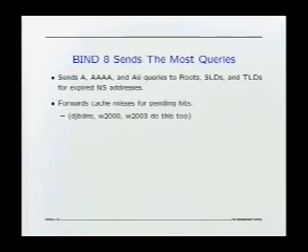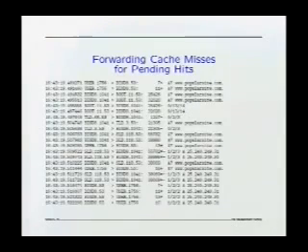And BIND 8 and actually all of the other software except for BIND 9 do what I call they forward cache misses for pending hits, or they forward misses for repeated queries. And here's an example of that, a tcpdump output where there are 2 queries right in a row for the same name, and if you spent the time to follow this through, you would see that